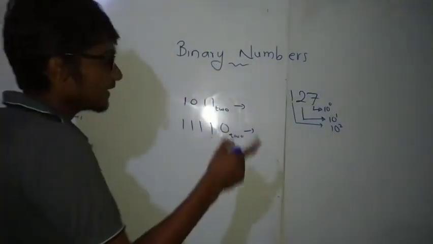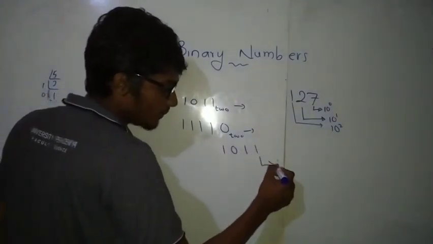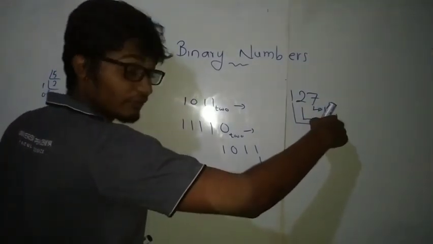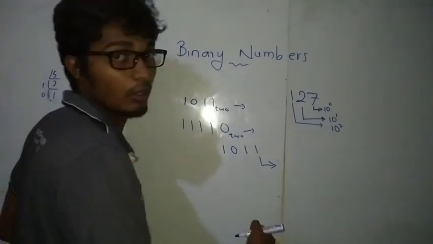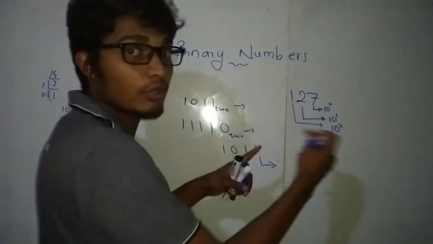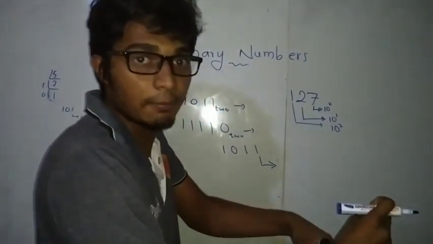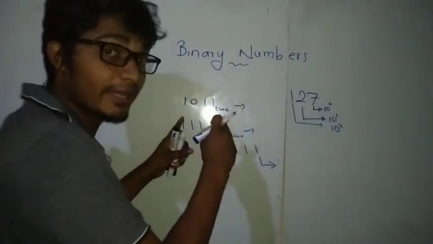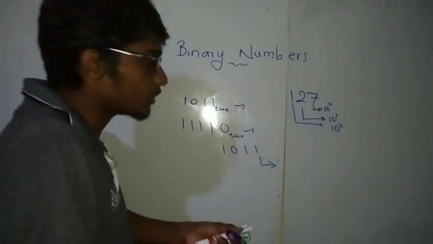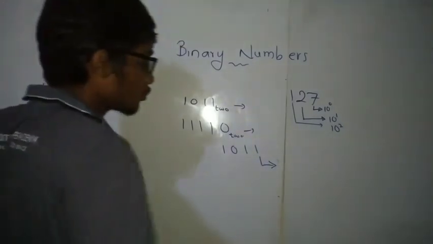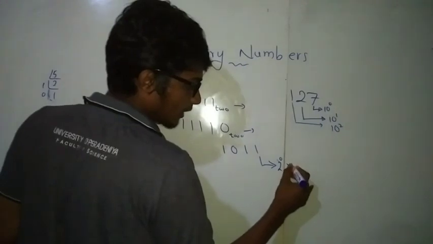So in this number 1 0 1 1, this is at the unit place, which means instead of 10 to the power, here we have to put 2 to the power. Why so? Because from 0 to 9, in the decimal number system, the next adjacent number is going to be 10. The binary number system has numbers 0 and 1, so the next adjacent number is 1 0, right? 1 0 in the sense that is 2. So now we will say 2 to the power of 0 multiplied by 1.